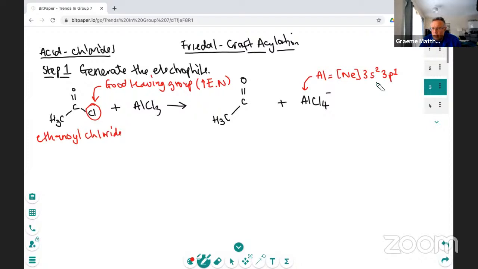Yes. So if I get sidetracked for a minute, if I draw it like this, if I promote the electron here over to there,